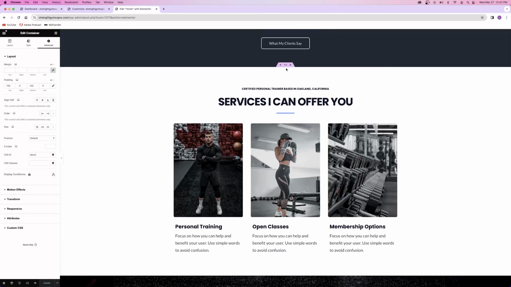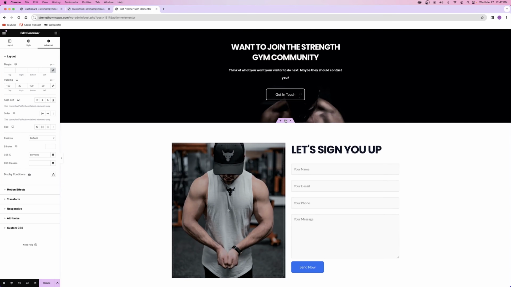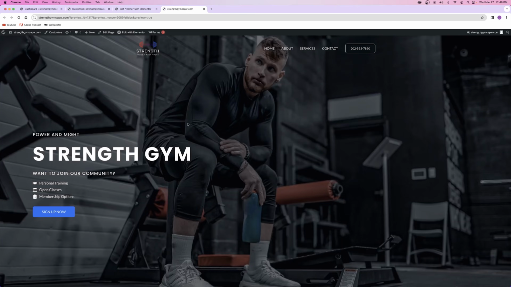So for the services section, click on the 6 dots, Advanced tab, services, all lowercase. And then lastly, contact right here. Advanced tab, CSS ID, contact. Update. Okay, so now if I click on the preview changes button, which opens up my website in a new